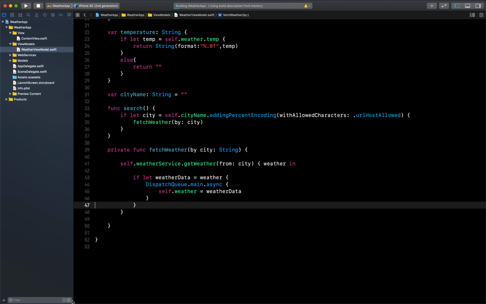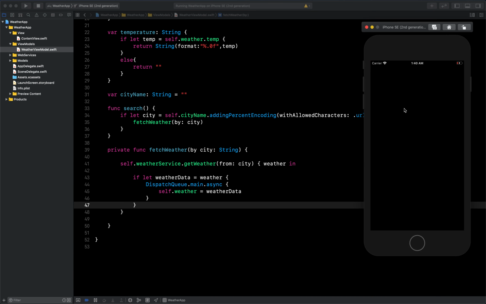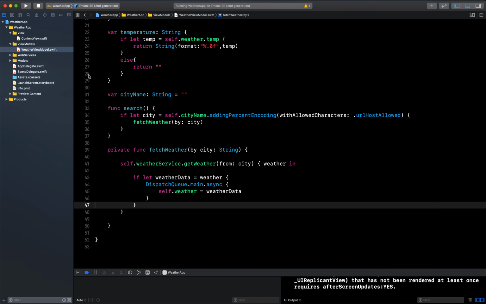Let's run it again. Okay, so our UI and everything looks fine. Let's check for Pune, and now you can see we are getting the data. Let's check for Mumbai. Okay, it's working.